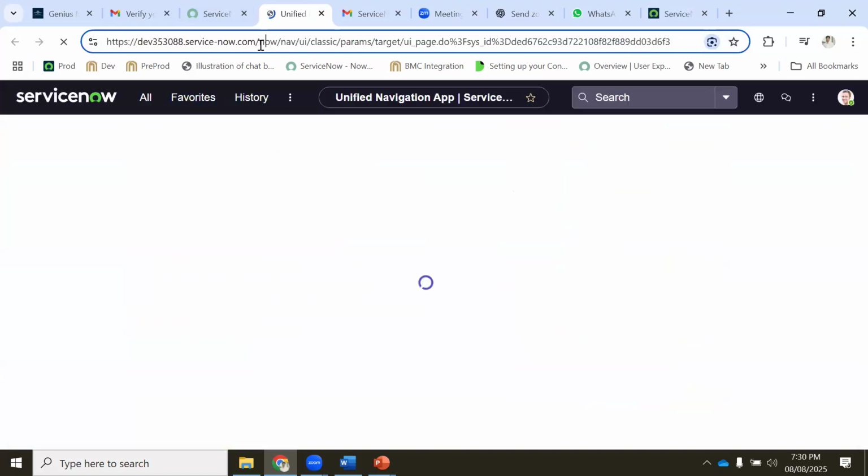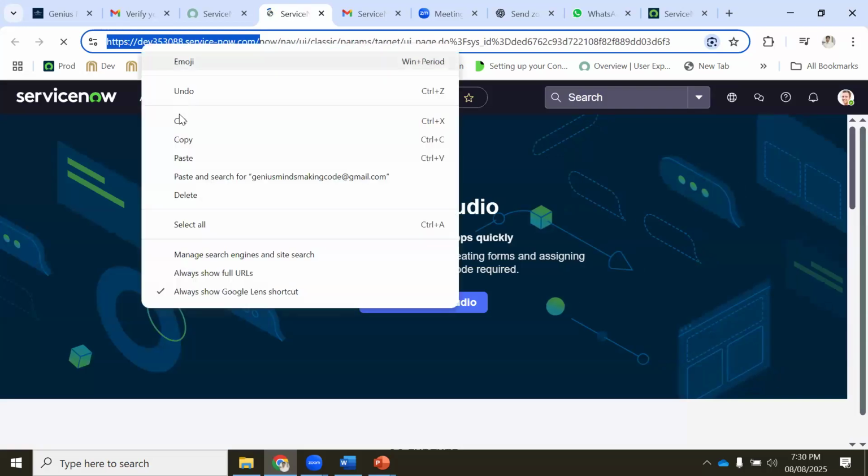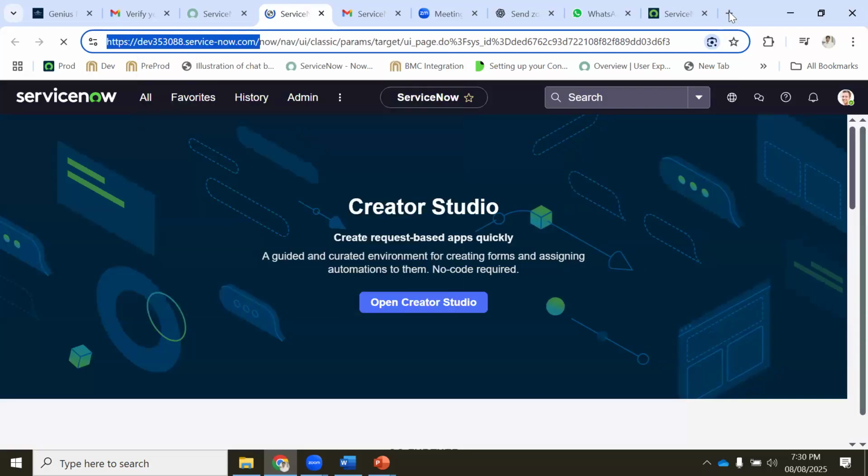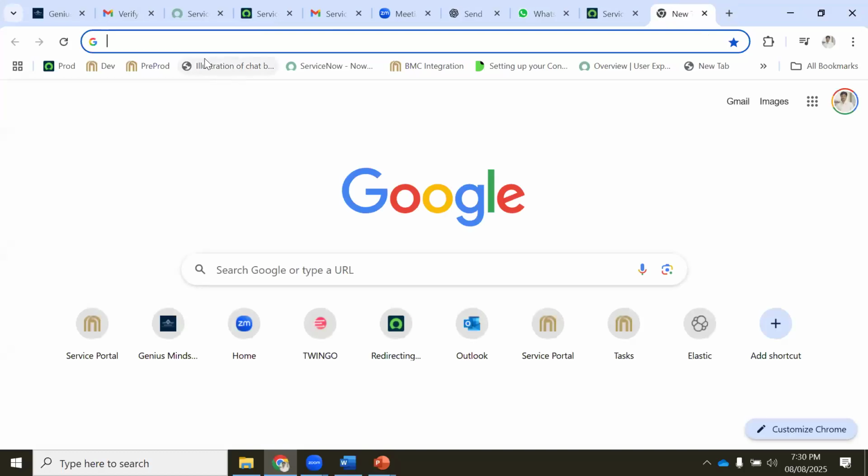So once I click start building, you see my instance has become ready. This is my URL. In case tomorrow I want to access my instance, I should have only this one, nothing else. So I go here, I will click this one. This is my instance now.